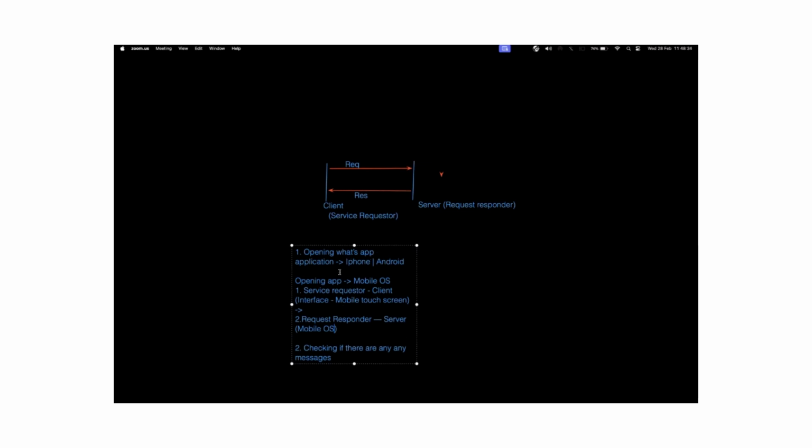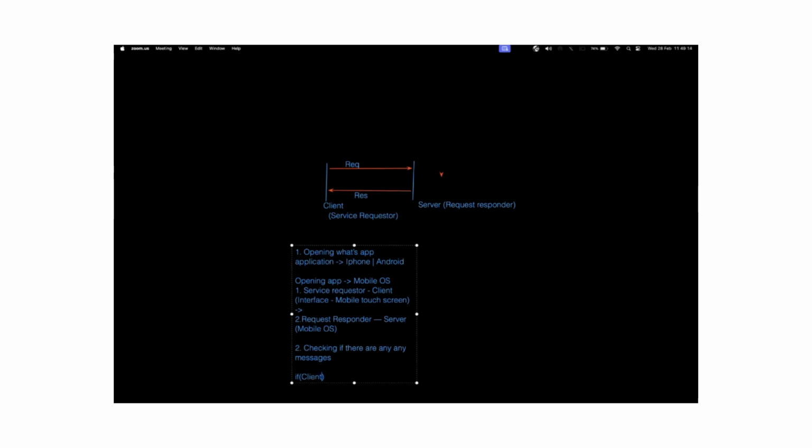So this is a very simple task, right? Here, we are, as a client, through the mobile interface, requesting the server, that is the mobile OS in our case, to open the WhatsApp application for us. As simple as that. Now, what will the server do? The mobile OS will recognize that request. There will be programming here. If you come from a Java background, then you will know that we normally do programming like this. So in this case, it could be something like if